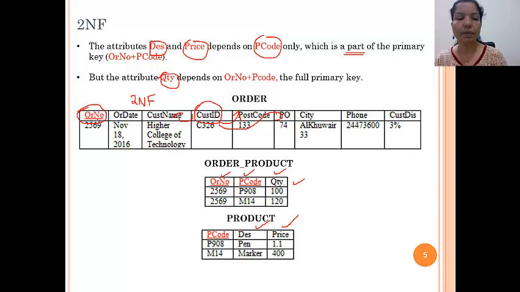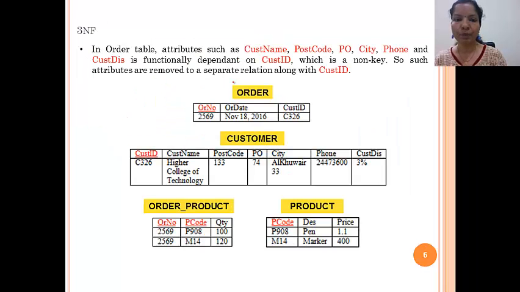The key of this table is order number. So what we have to do? Remove that key along with the attributes which depend on it, and retain this attribute as a foreign key in the original table. So now we have four tables: order table, customer table, order product table, and product table.